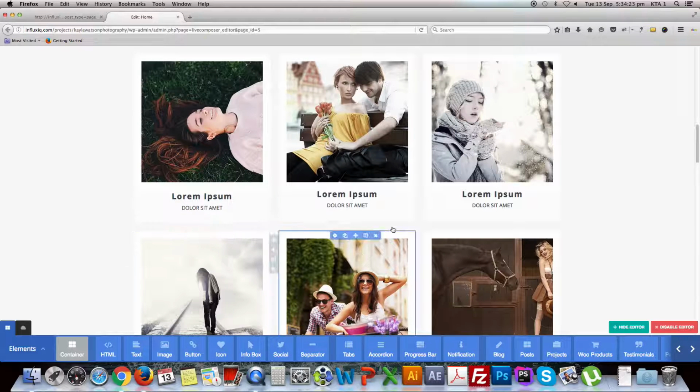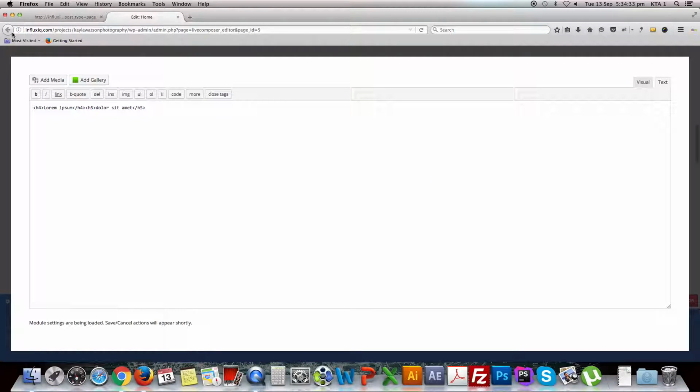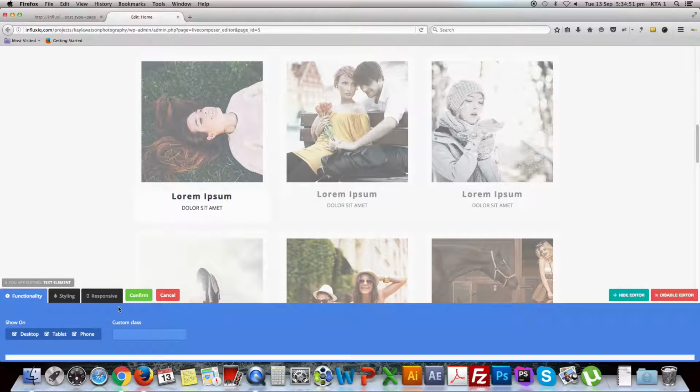if you want to change the Lorem Ipsum text from here, click the open in WP editor button.